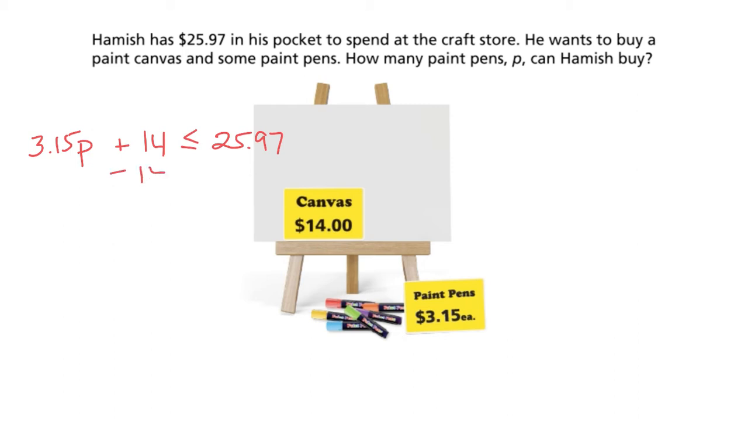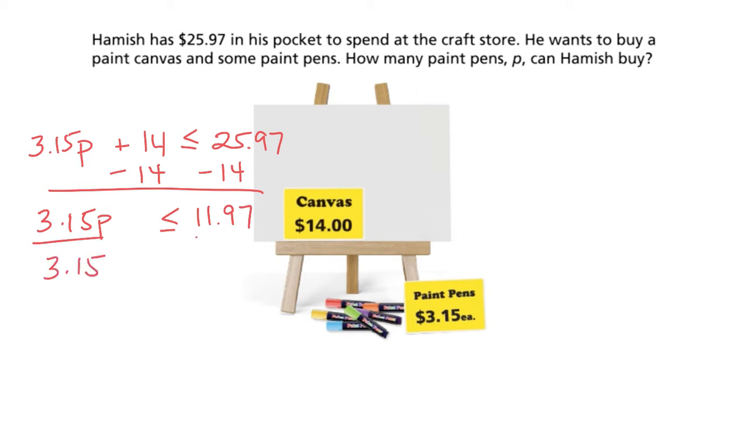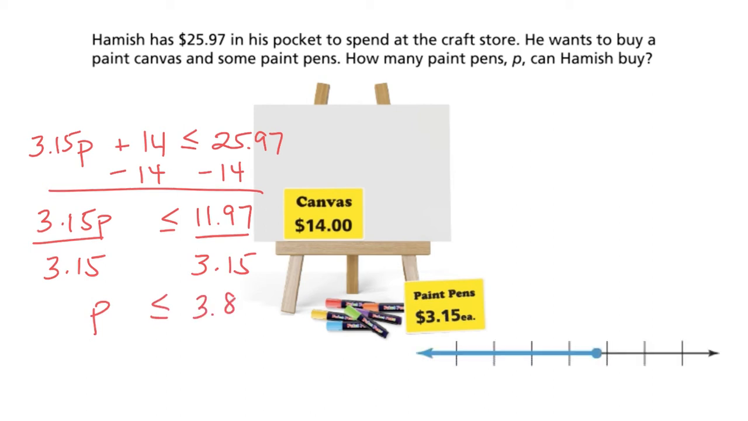$25.97. Using the subtraction property of inequality, subtract 14 from both sides, I'm left with 3.15p is less than or equal to 11.97. Divide both sides by 3.15, and p will be less than or equal to 3.8. Graphing my solution on a number line, I can see 3.8 here, and all the values less than or equal